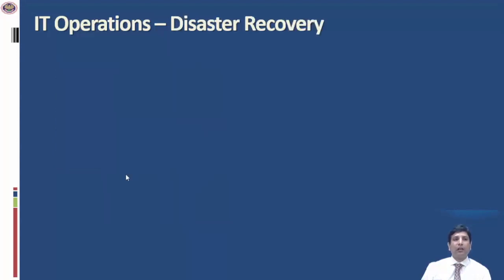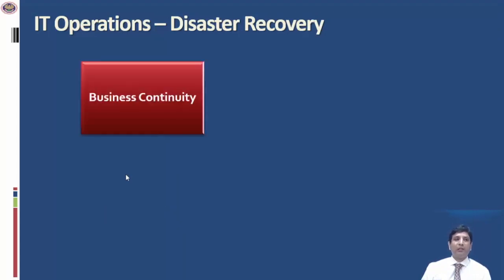Let us look at disaster recovery and understand a little more about it. Basically, disaster recovery is a part of the larger business continuity of the organization. So every company or organization should have a plan in the event a disaster strikes. There could be different types of disasters. There could be natural calamities like floods, water, and fire. There could be man-made disasters such as strikes or a financial meltdown, or a systems outage, or even a cyber attack could be an example of a disaster.